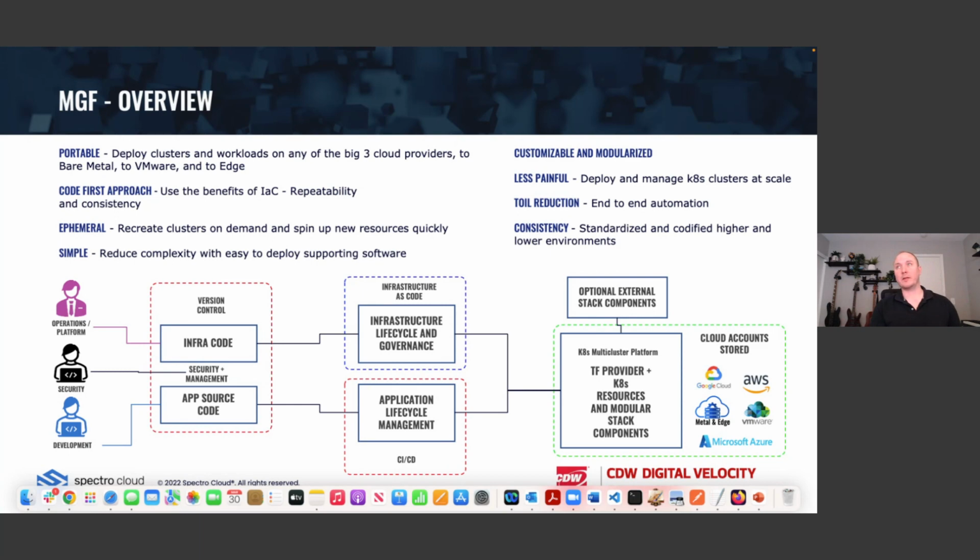And we'll show you today how all of that's possible, but largely what you can see is that we're going to keep everything in a version control system. We're going to have everything declared in Git. We're going to have an infrastructure as code provider that is going to pick up and continuously reconcile state, desired state versus current state. And then we can land that anywhere using the CAPI providers in Spectro Cloud Palette. That's right. Absolutely anywhere, whether it's at the edge, in the data center, or in the cloud.